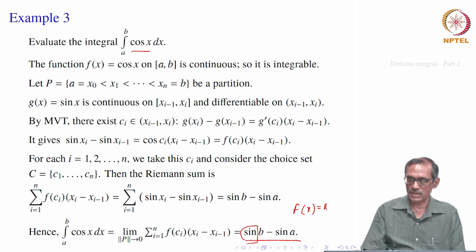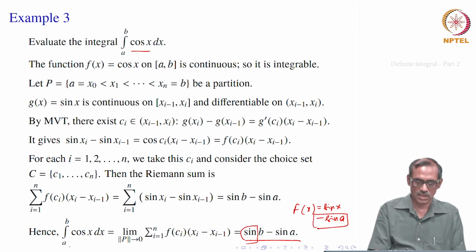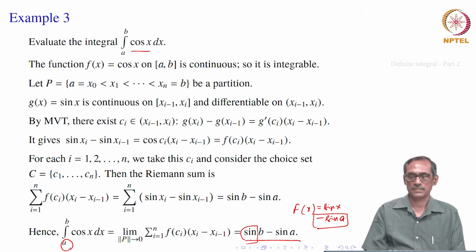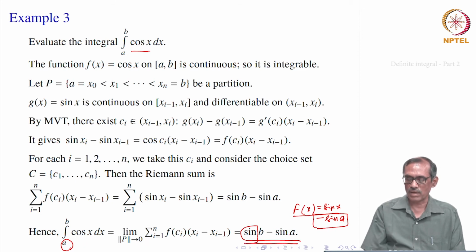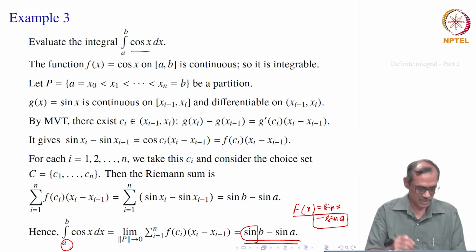F of x we can take to be sin x minus sin a here. It will really solve our purpose, but up to a constant. This constant comes from the lower limit a. So, it is going in a very satisfactory way, because that was our aim, to find such a function capital F of x whose derivative is this, and by defining the area we are reaching this integral, and that integral may solve this, but we have to prove that separately, right. That really serves the purpose of getting a reverse process of differentiation.